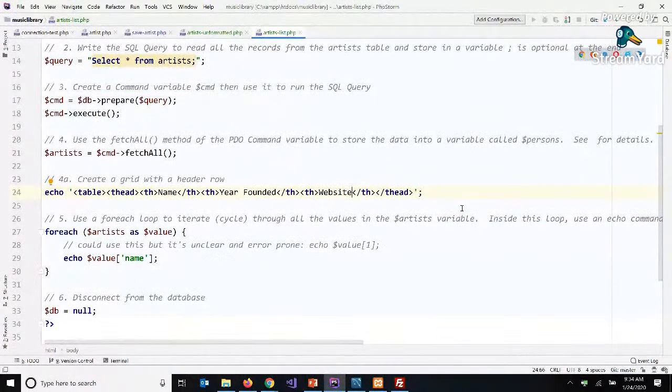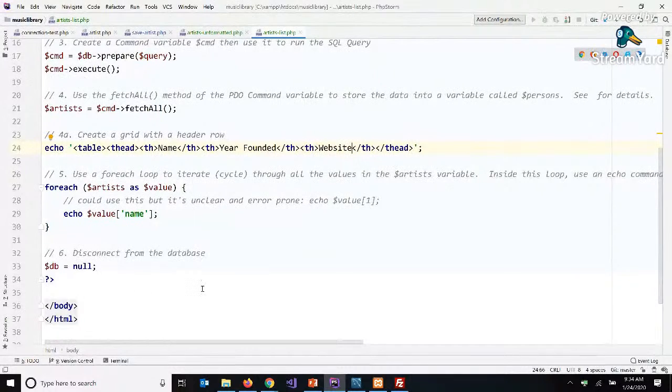So we want this to happen before the loop. It doesn't go inside the for each loop. We only want one heading row. We don't want to print the heading for each artist. The headings come before the list of artists. And then somewhere we would need to close our table. We've opened it here. Where should we close the table? Yeah, so when our loop is done,